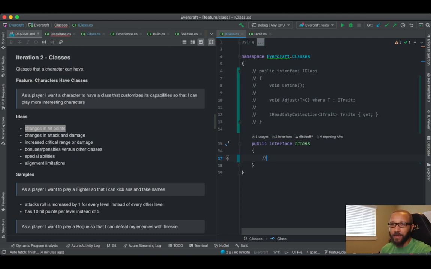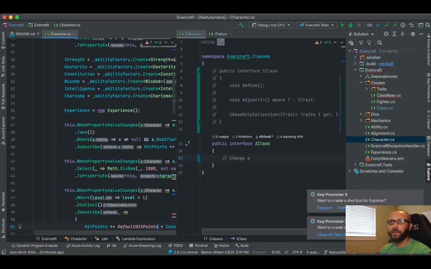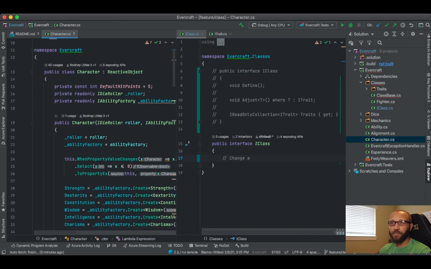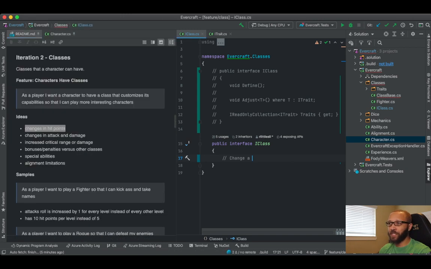So it can do things like change... changing hit points would be changing a character. Let's go pull the character class up. Let's close all. And let's go to the Explorer real quick, and let's pull up our character. Right, so this is our character. Let's pin our character. Our character has abilities, right? So what we're saying here is this has the chance to change a character's